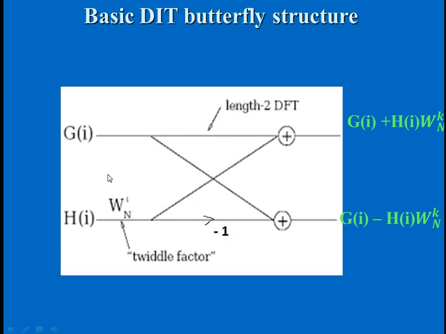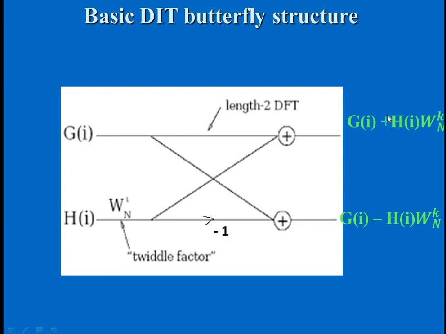So the very first thing is that we split the given sequence into two equal halves, one with even and another with odd. We gave the names Y for even and Z for odd, but here, instead of Y and Z, we have named them G and H. Here we have the even sequence and here the odd sequence. As per equations number 3 and 4, we have to multiply the odd sequence with the twiddle factor, so next to the odd sequence input we have a twiddle factor.